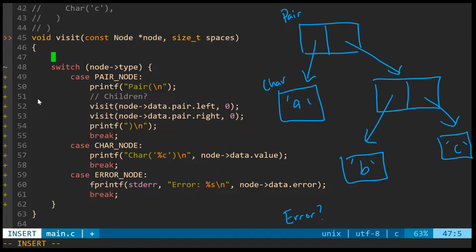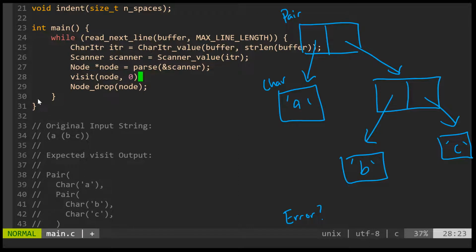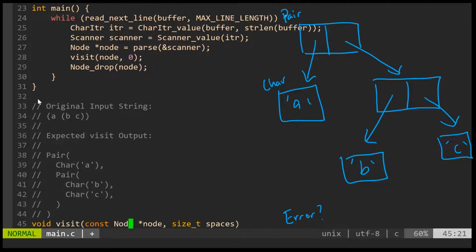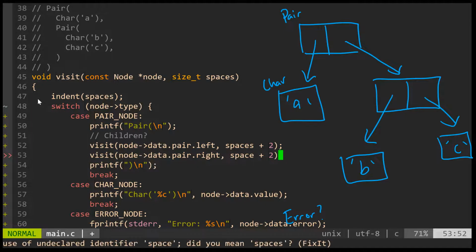Right? So let's indent by the number of spaces that this parameter gives us. Initially for main, we are indenting with 0 spaces, so there's no indentation. But when we visit, what we want to do is increase that spaces parameter by 2, right? So 2 spaces per nested call here. Oops, and I need an S there. So what we can do is increase, in our recursive call, the number of spaces we indent with, and that'll